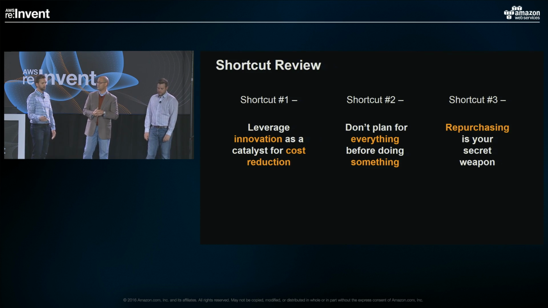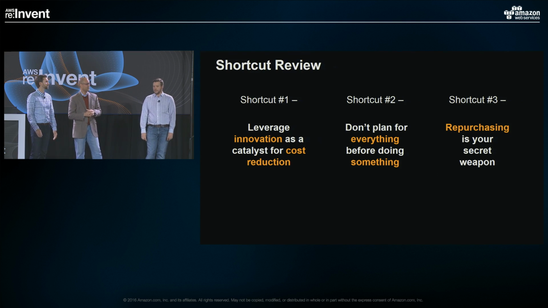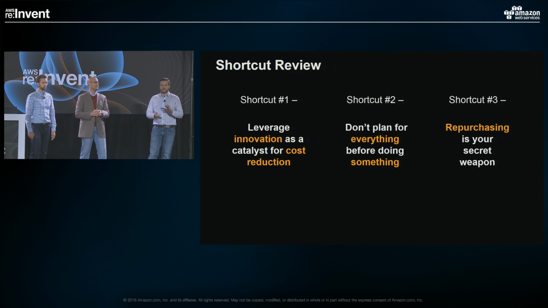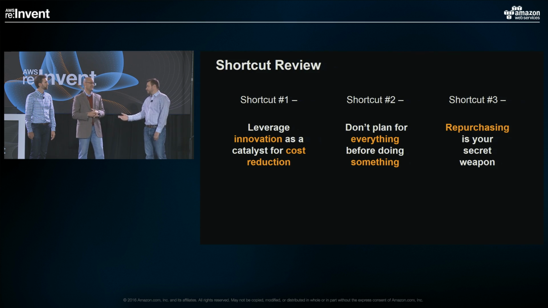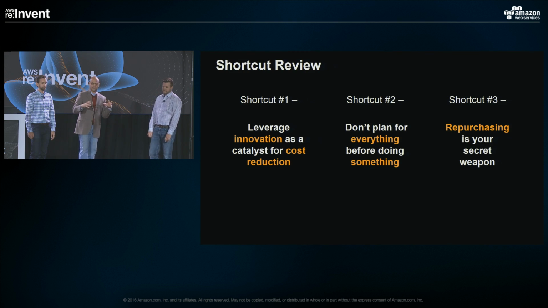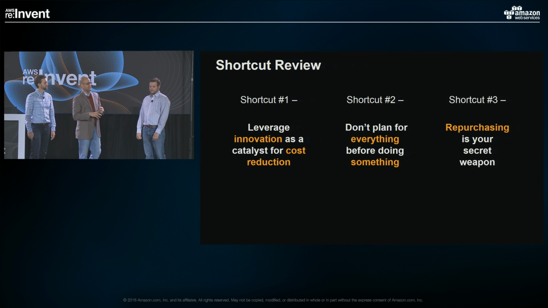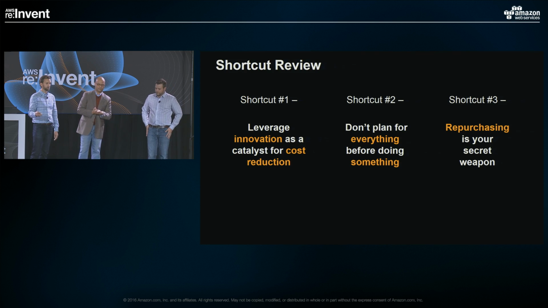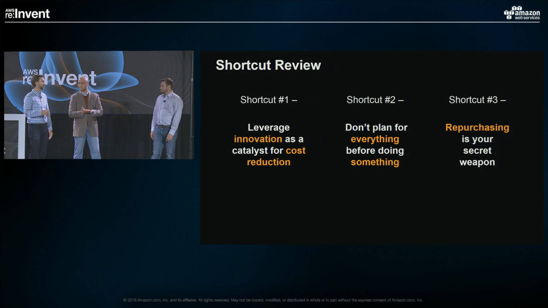Shortcut number 2 was don't plan for everything before doing something. Again, this speaks to don't plan for 100%. There's lots of low-hanging fruit or big fish that you can fry that'll prove quick successes and drive business value. And in Duane's case, put your aces in their places. Find folks who have the talent, the drive, who want to move, and take those opportunities to invest in moving applications that have value in your organization, whether it be dev or production. Really putting the right team together, a small group of folks who can execute, has proved valuable in our case. And then, of course, shortcut number 3 was use repurchasing as your secret weapon to accelerate your